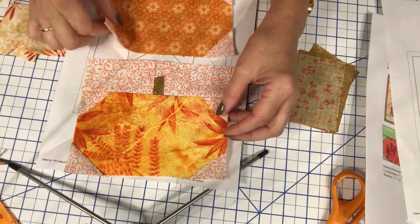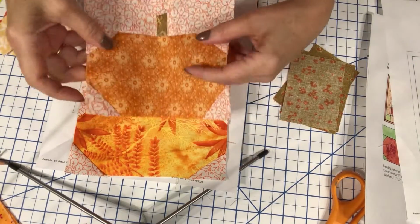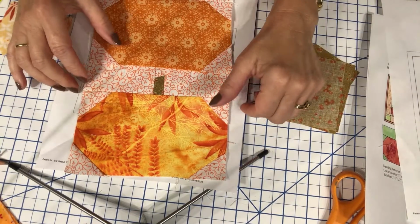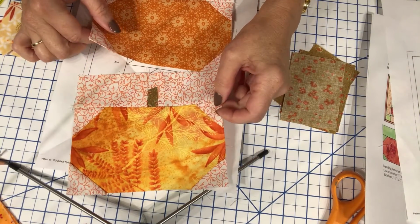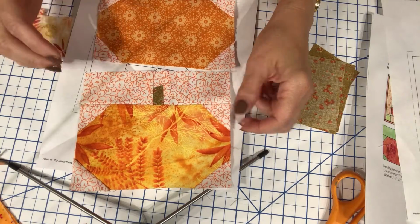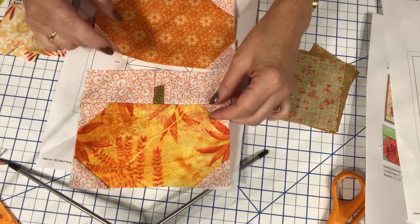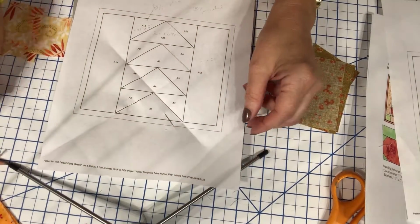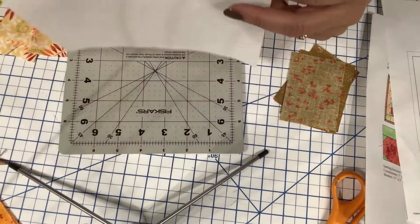I'm going to make 4 of these pumpkins, and as I said earlier, you can make these as scrappy as you want. I know some of the pinks are very popular, and teals are very popular for pumpkins and for the fall harvest decor, so that might be something you'll want to try. So I'll complete 2 more of those, but right now I want to show you how we're going to do